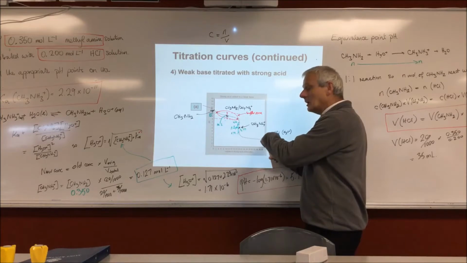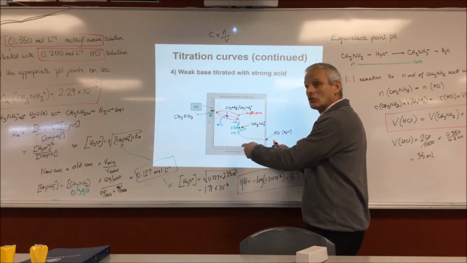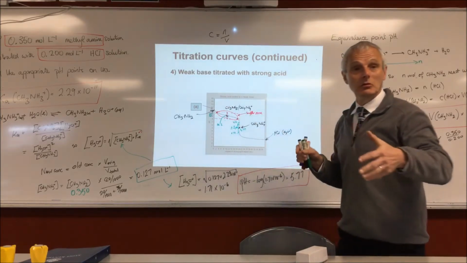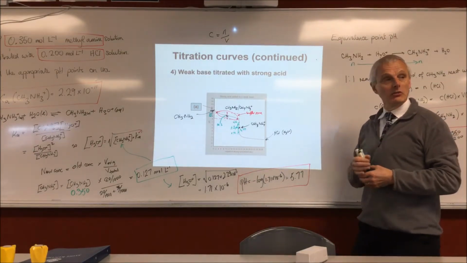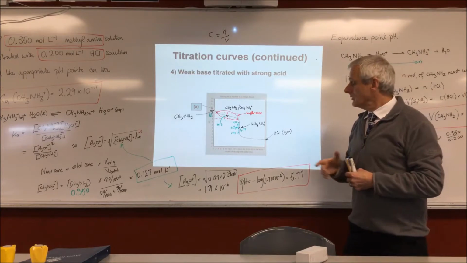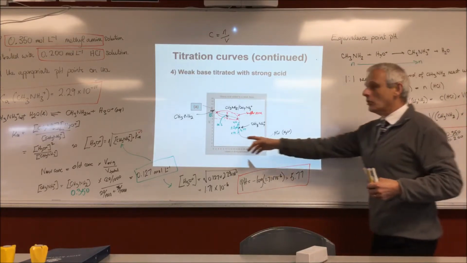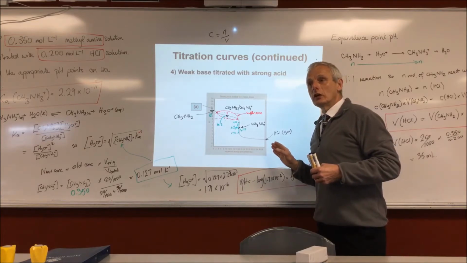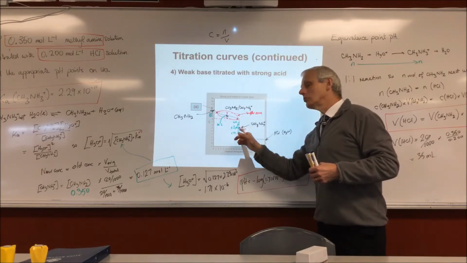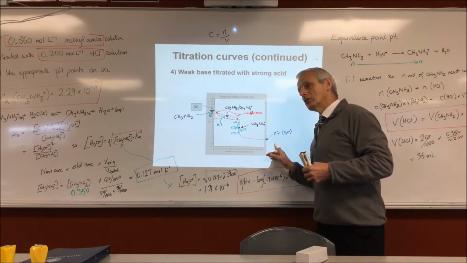In other words, what we're doing is taking the strong acid, and so we say 20 mils, because we started with 20 mils to get to equivalence, but we'll say another 20 mils to go beyond equivalence, then, no, we had 35, didn't we? So if we had another 35 to go to twice beyond equivalence, then the pH is going to be due to the acid in that 35 mils,